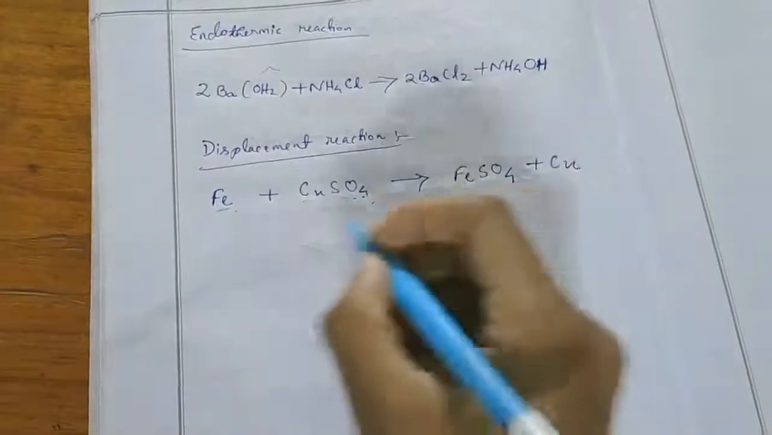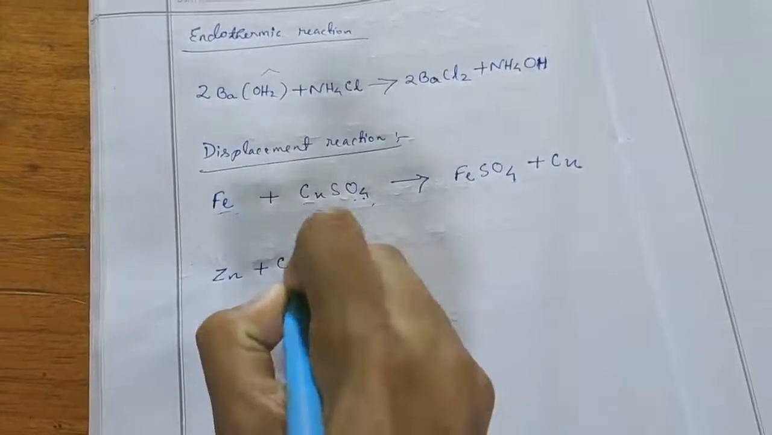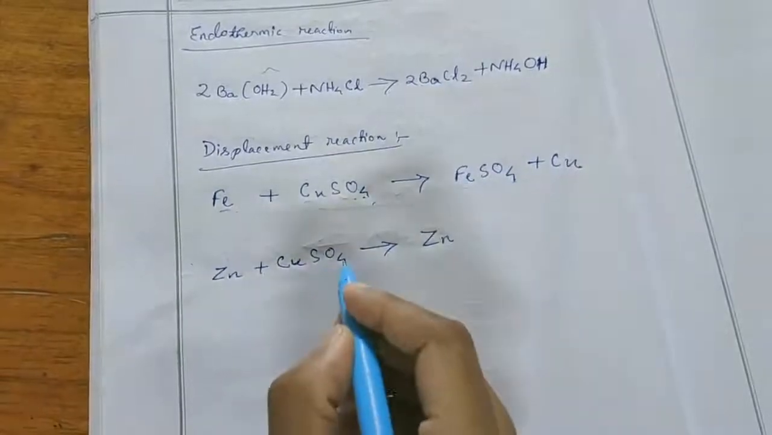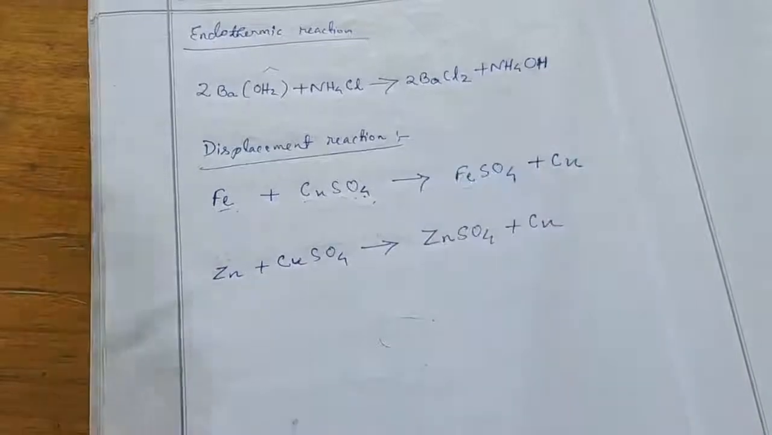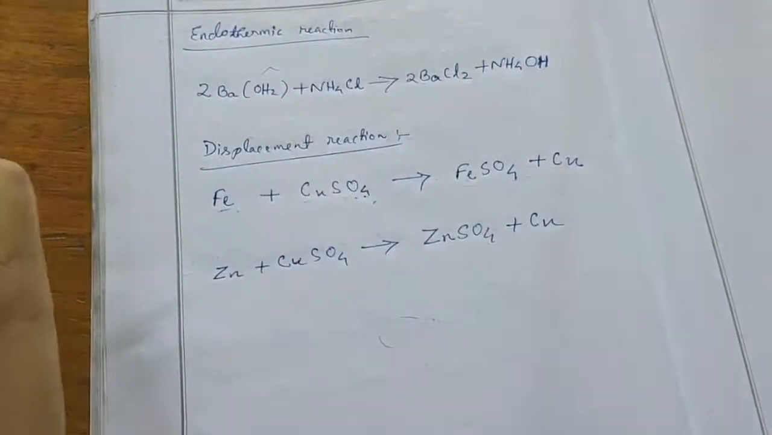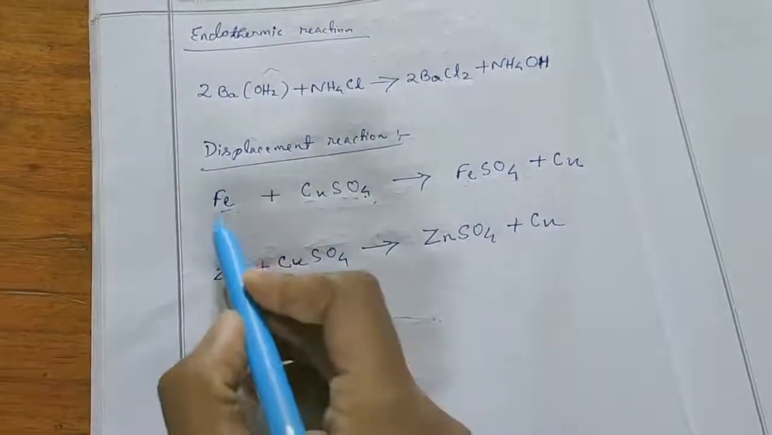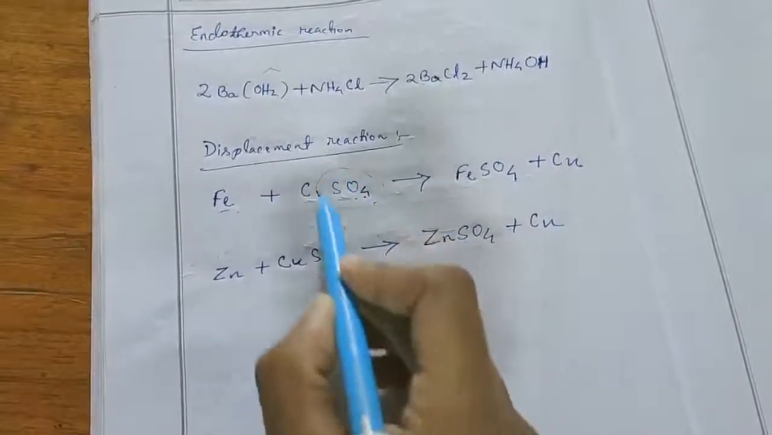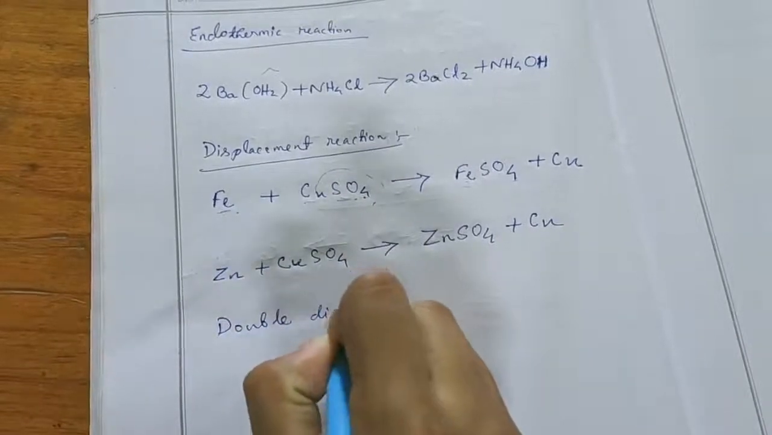Another example of displacement reaction is Zn plus CuSO4, then Zn, this SO4 will join with Zn, ZnSO4 plus Cu. Then this is displacement reaction. Then another type is double displacement. Here in this reaction only one element was displaced, but in double displacement